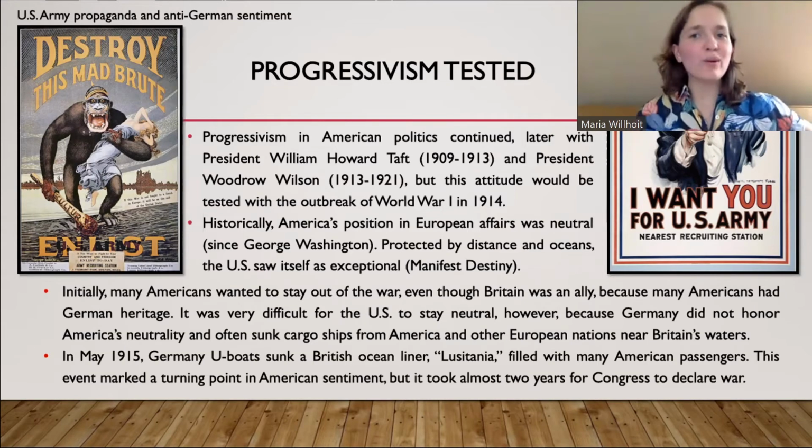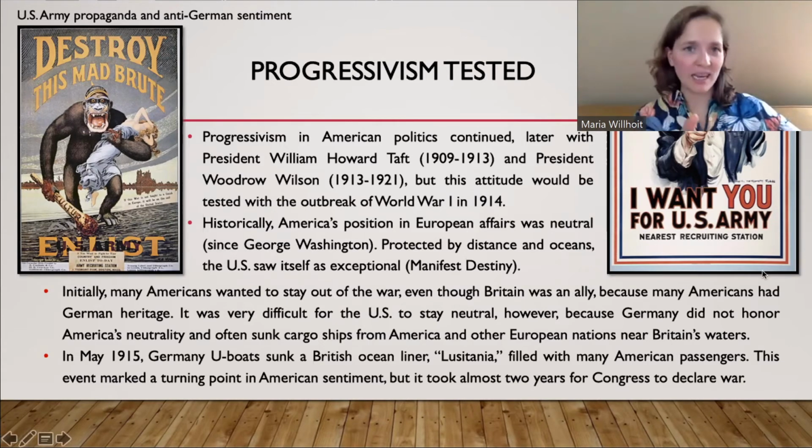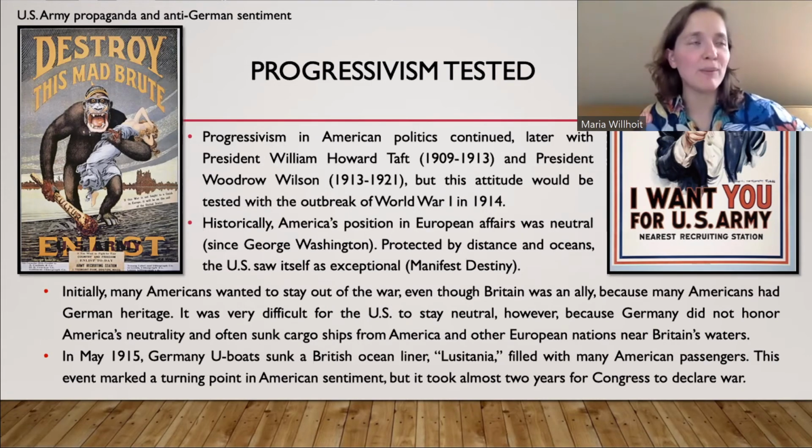And once we did declare war, we did have our famous propaganda. This is actually, I would say, the most famous American war poster. This is the famous Uncle Sam pointing at an individual, and it says, "I want you," for the US Army. This actually came in 1917 for World War One. I didn't even realize that, but it's very famous. You'll still see it almost today, kind of modernized.